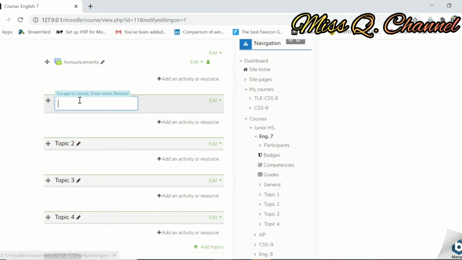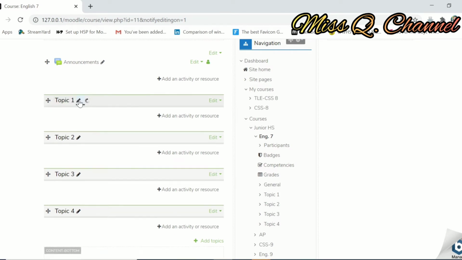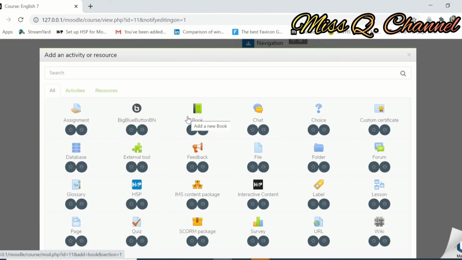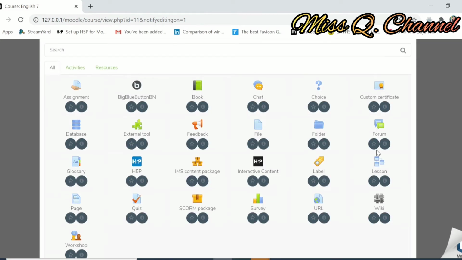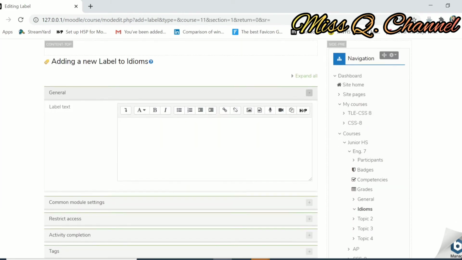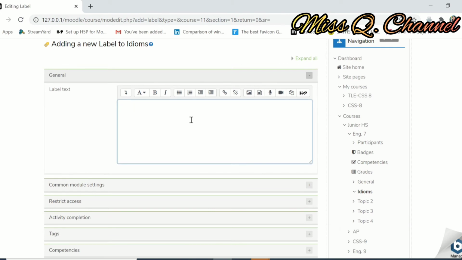For example, the idioms. Now we will try to add a label in a given topic. So click Add an activity or resource and click the word label. Now for the label, all you have to do is to type the label text you wanted to have in